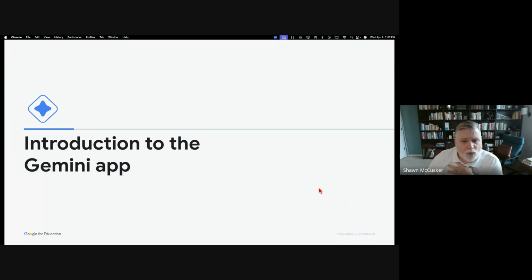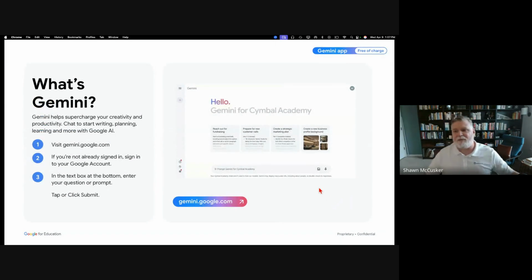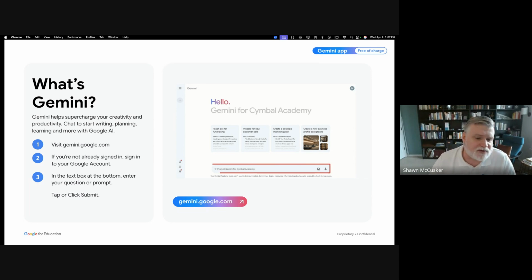All right, so it looks like some of you have looked at the app, but not as many of you had a chance to dive in. So if you want to go to gemini.google.com or just Google Gemini, and then sign in, that would help you. You can type in any prompt. It works very much like other AI tools that you've seen, but there's some other features in it that are going to make it a little bit unique.